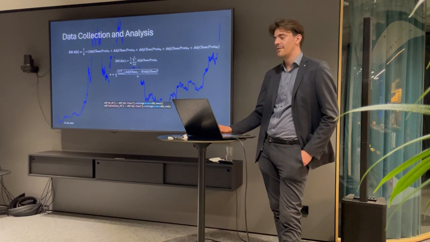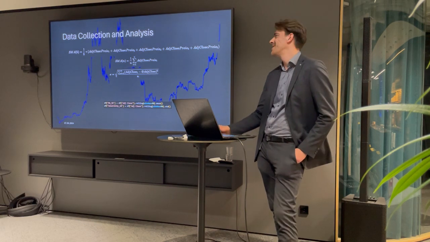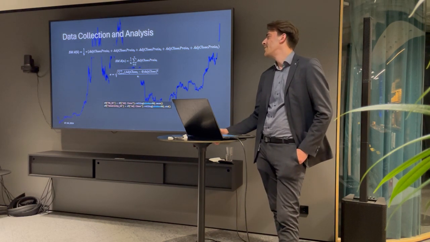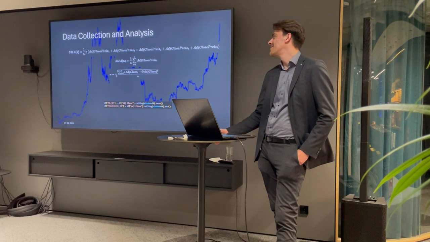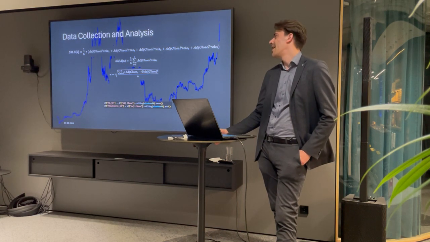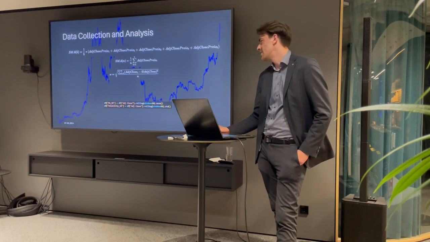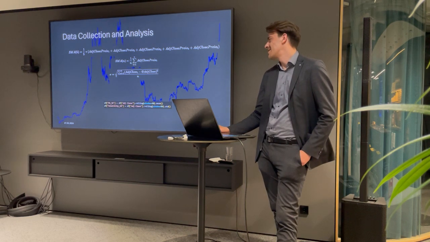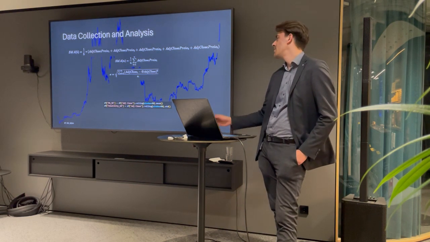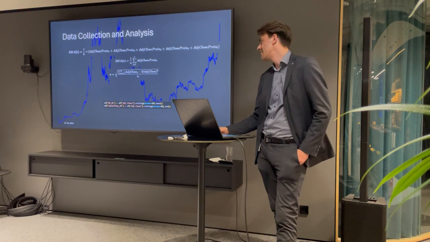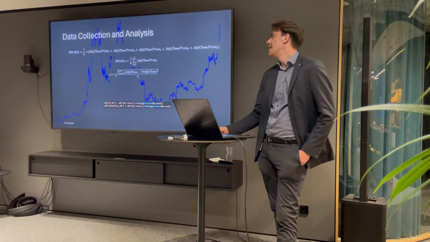So you can use all of them. I know it's late in the evening, but in the financial world we actually need some mathematics. This is just the formula for how to calculate a moving average. And this is extremely easy to do in Python. So what we see here, or down here, is the way to implement that in Python.